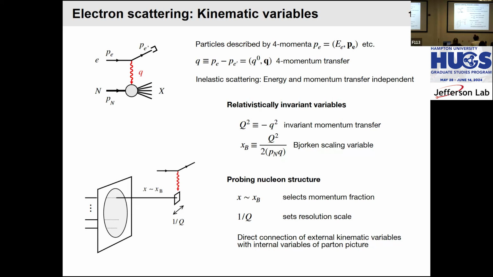Now, it is very convenient to work with relativistically invariant variables, which generally are defined through scalar products of 4-vectors. This is because, as we know from the theory of relativity, Lorentz invariance, the individual 4-vector components change under Lorentz transformations, but the scalar products are invariant. So if we define variables as scalar products of 4-vectors, we automatically have them invariant, or the same, in any reference frame. And the variables one uses are the 4-momentum transfer,